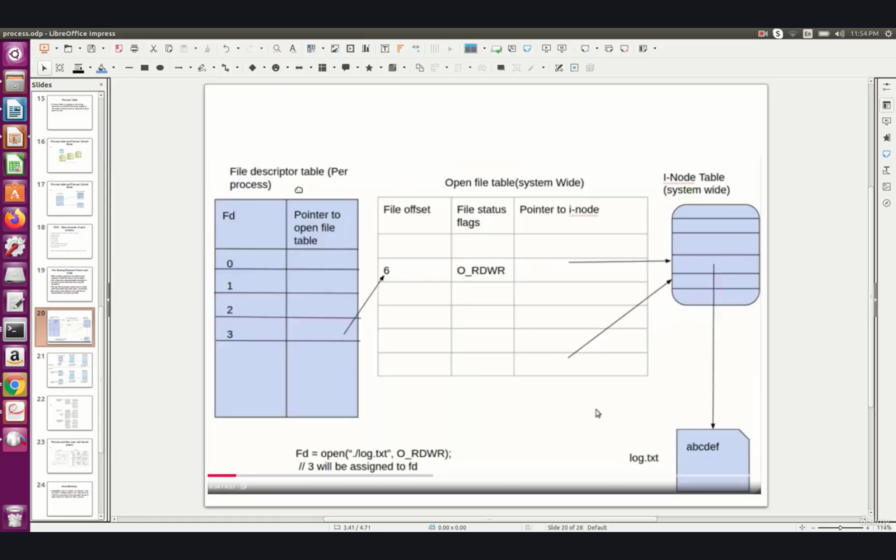Whenever a file is opened in a process, we have a file descriptor table, which is per process. Every process will have its own file descriptor table, and we have an open file table, which is system wide. Whenever a file is opened, the file descriptor table is updated with the file descriptor of the opened file, and it points to the open file table. In this example, we have opened the log.txt file, and the inode table